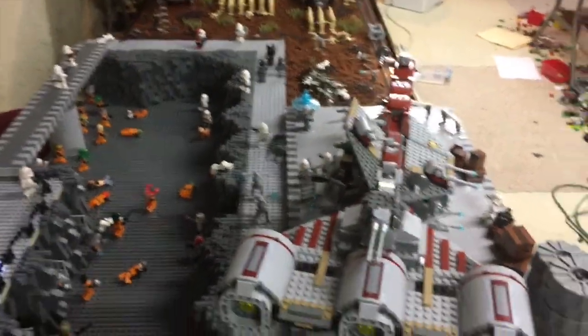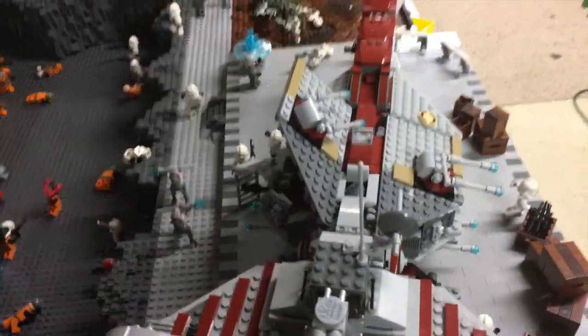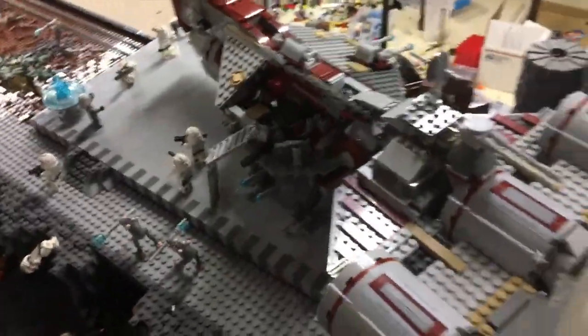I do have the Republic Frigate from 2010. This is on my Malstair mock right now. If you guys have not already checked it out, please do so. It's doing really well. A very nice mock. And pretty much,